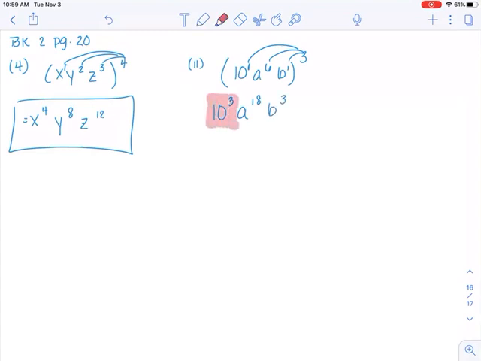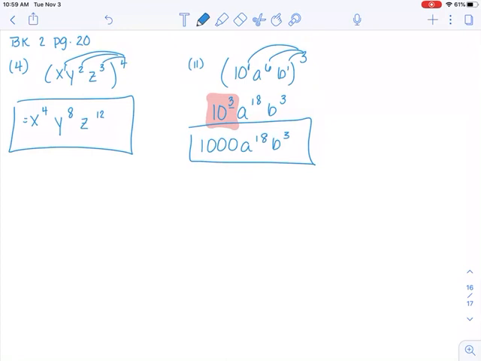However, since this is a numerical value, we can simplify that. 10 cubed is equal to 10 times 10 times 10. 10 times 10 is 100. 100 times 10 is 1,000. Again, the number of zeros is our exponent. And then we have a to the 18th, b to the 3rd. And that's it there. Numbers 13 through 33 are the exact same way, except they want to have one final